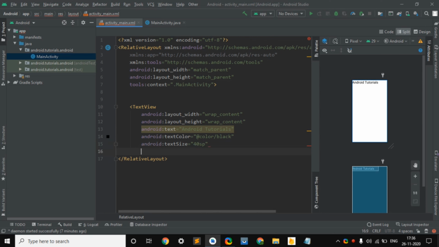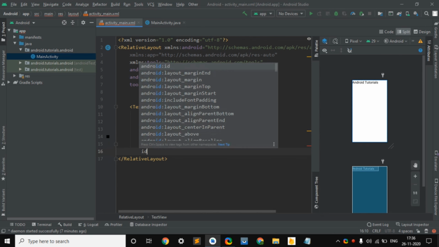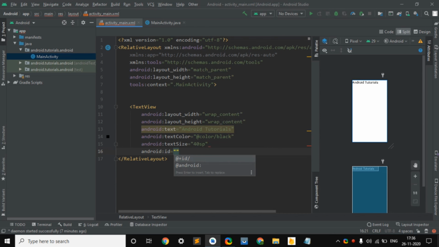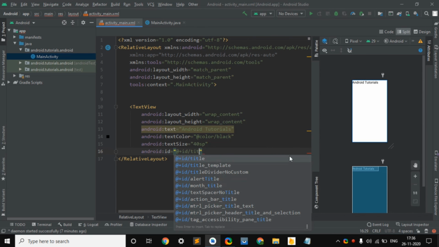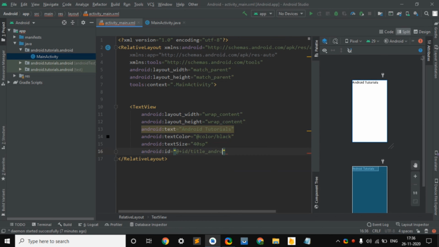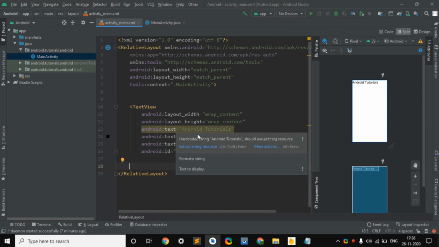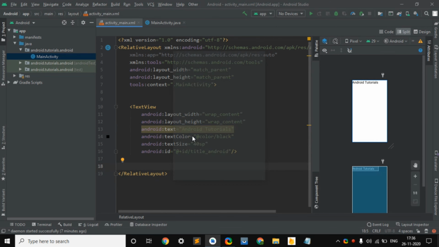So id will be title, or title_android. After that we are going to close that, and remember to extract it in the string resources. So we have to click on that and click on OK.